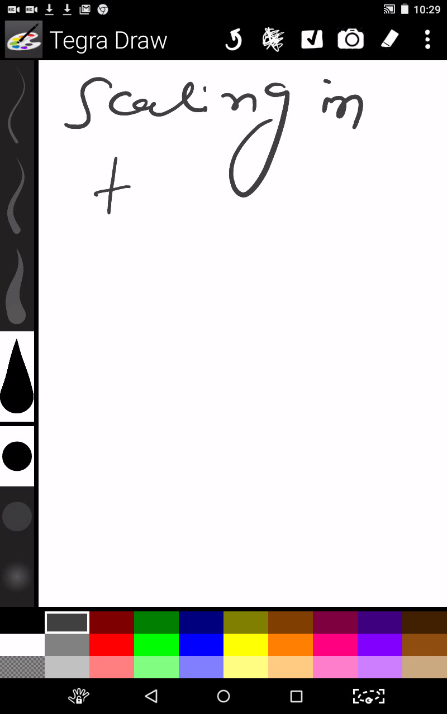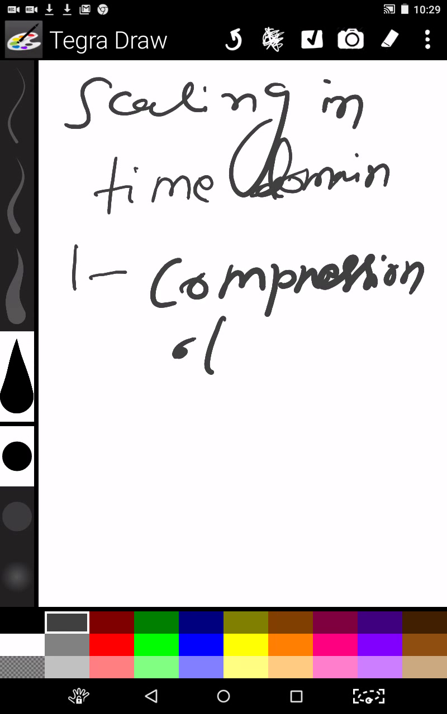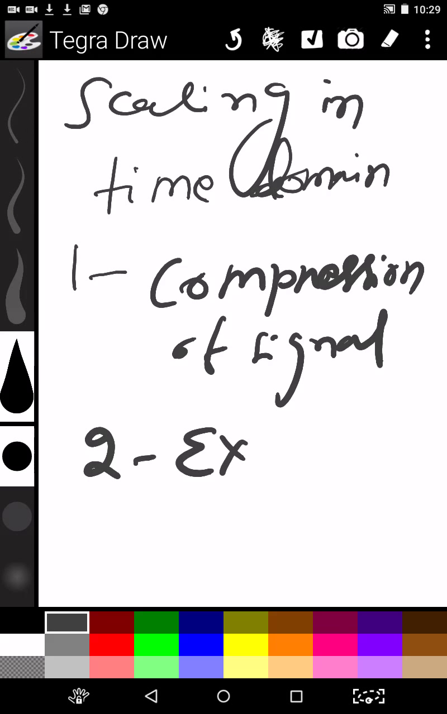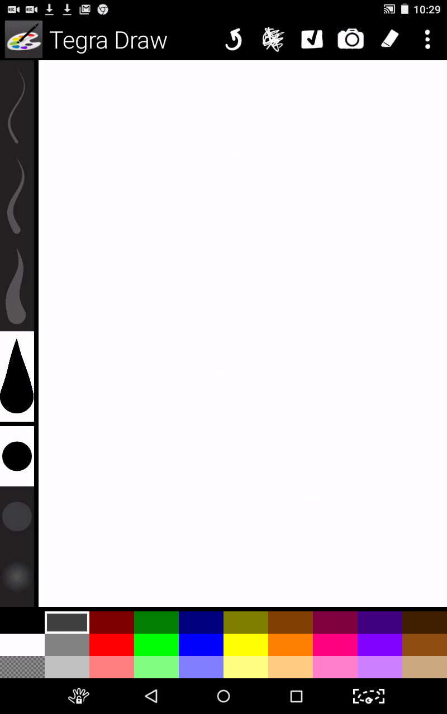Scaling in time axis, time domain. There are two types of scaling. First is called compression of signal. Second is expansion of signal. First is compression of signal, second is expansion of signal. Now we will go for,